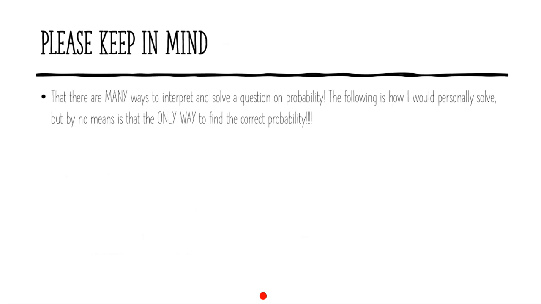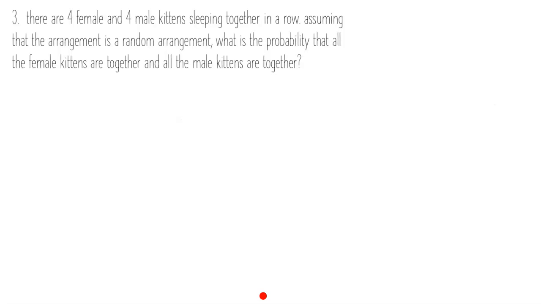I also want to mention there are many different ways that you can solve questions on probability. What I've realized is that a lot of you are a little more intuitive when it comes to finding the likelihood of some kind of event occurring, and you do it a different way than I do, which is completely fine. So if you don't like how I am doing it, just continue doing it in a way that logically makes the most sense to you. In the examples that I do right now, again, you might have done it a different way,